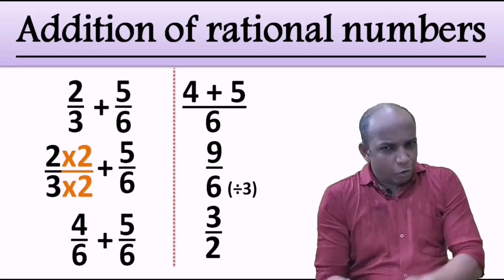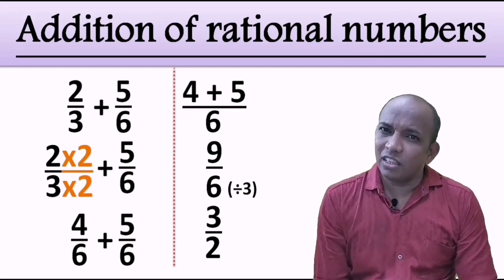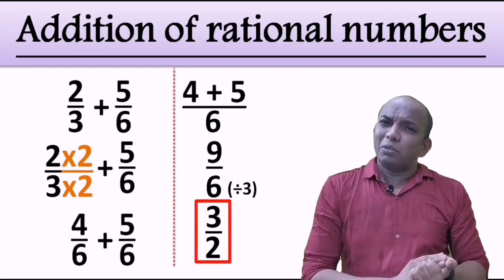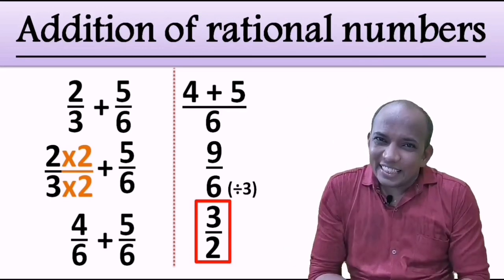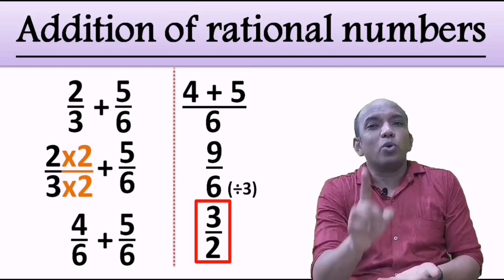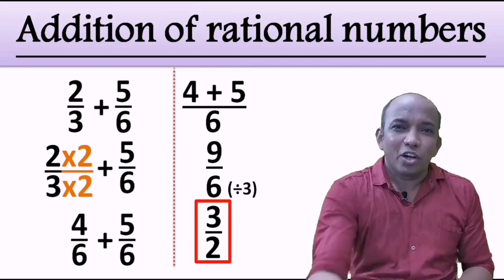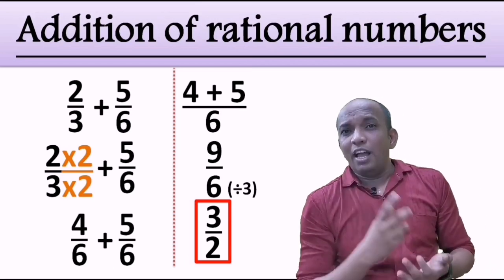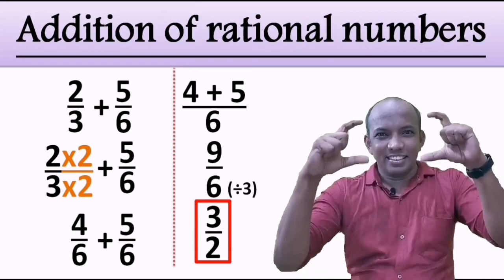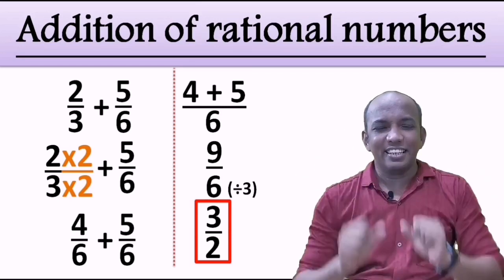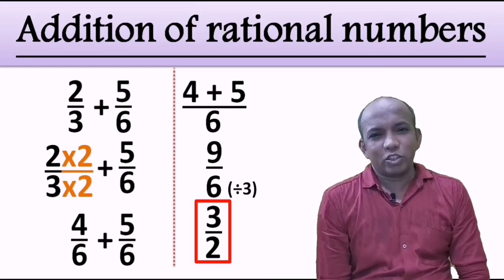So we can say that there are a few steps. We will check the denominator first. We will see whether in the smaller denominator's table we get the bigger denominator or not. If we are getting it, then we will change only the fraction whose table we are repeating. And if it is not coming in the table, then we'll do thumb dance, right? Now let's move on with the next question.